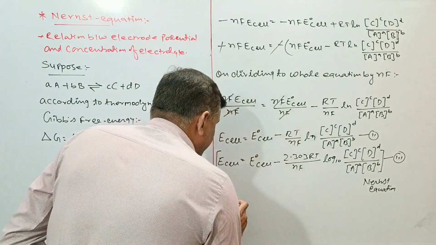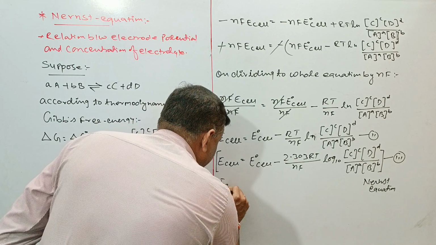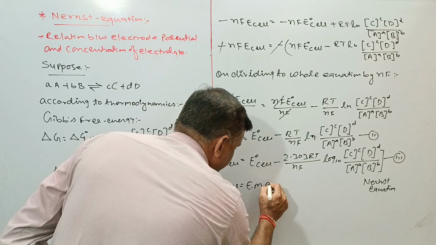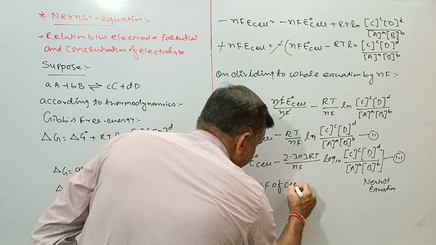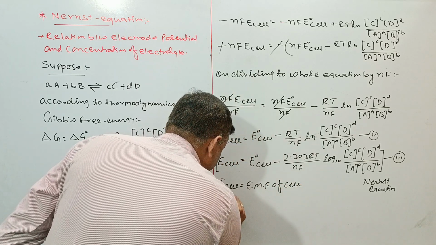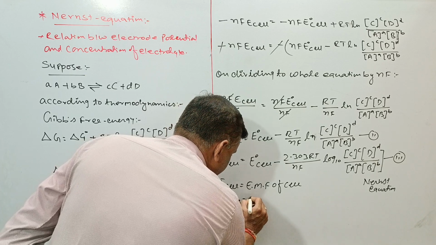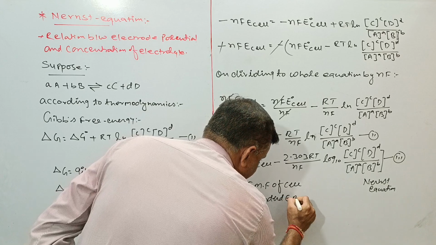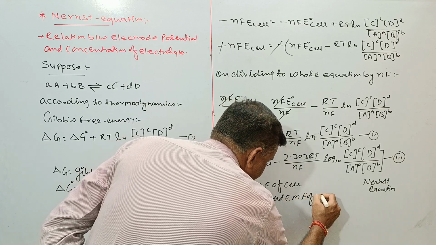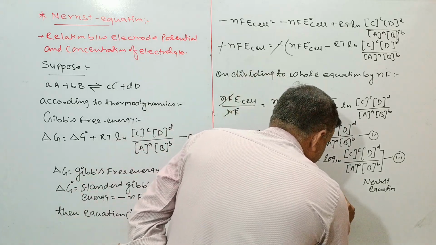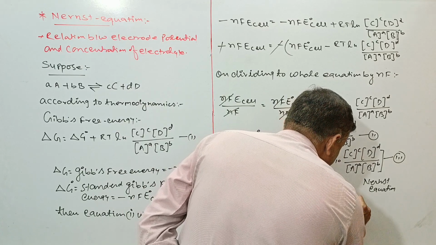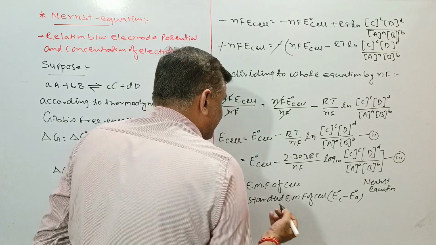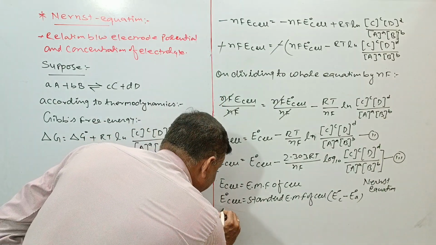Going further, E cell is the EMF of the cell, and E naught of cell is the standard EMF of the cell. That will be E naught of cathode minus E naught of anode, given as cathode and anode. R is the gas constant